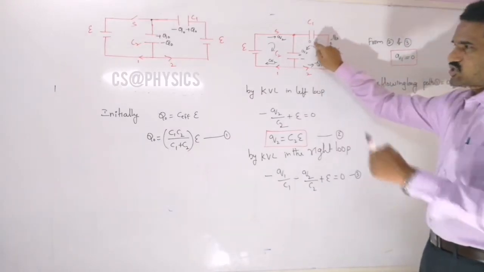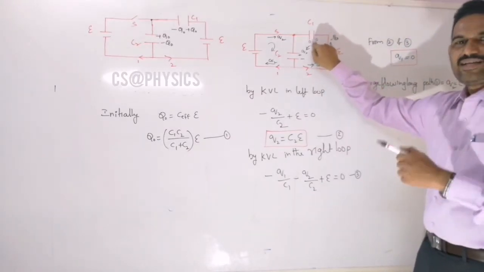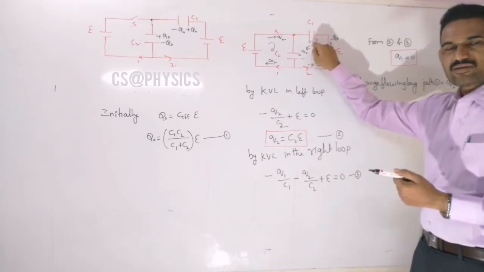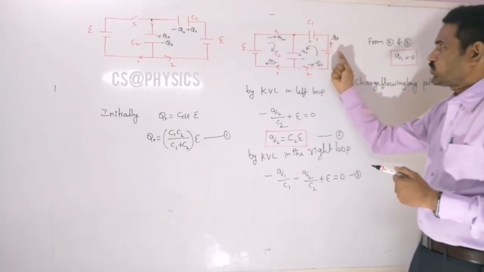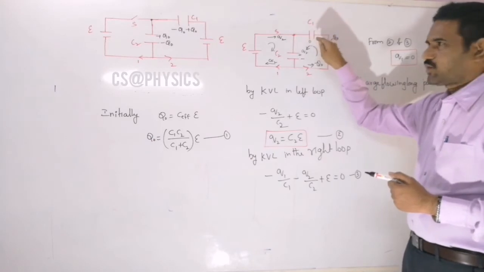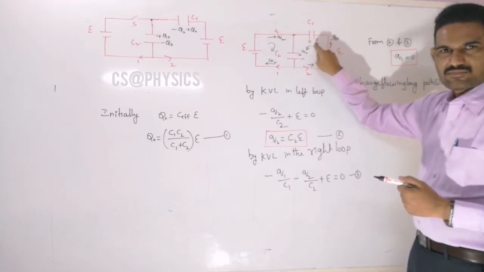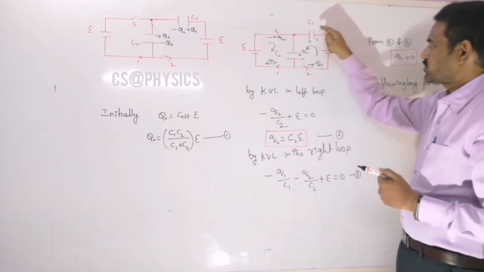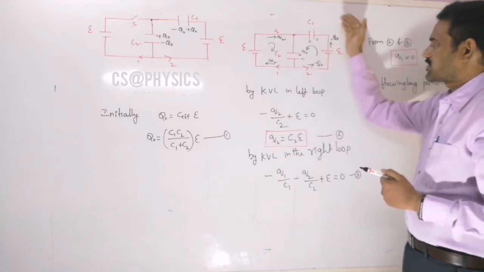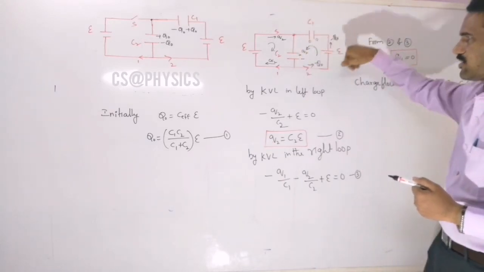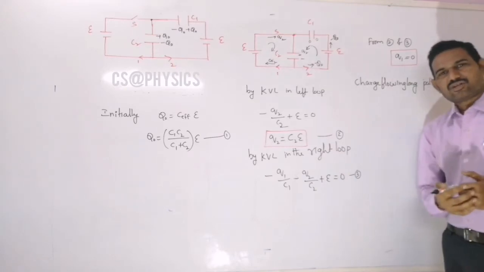So observe this, initial charge is Q naught. Finally it is 0. How will it become 0? This minus Q naught should come from the battery. Then only the charge on this plate will become 0, right? So that means the positive terminal of the battery is supplying a charge of minus Q naught, which means the same amount of charge should enter into this negative terminal there.